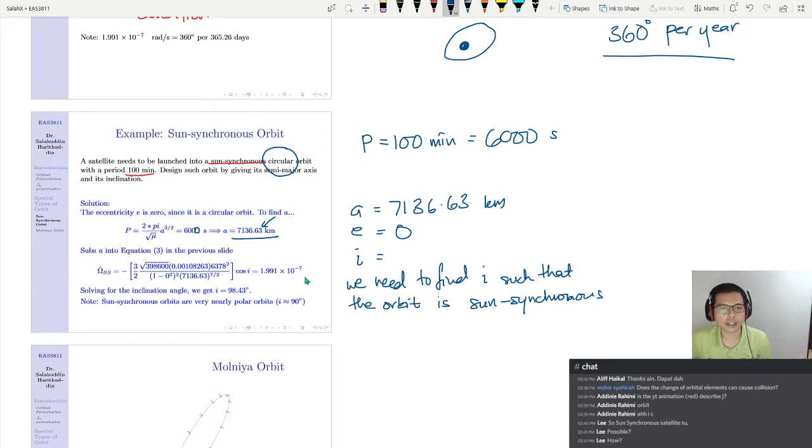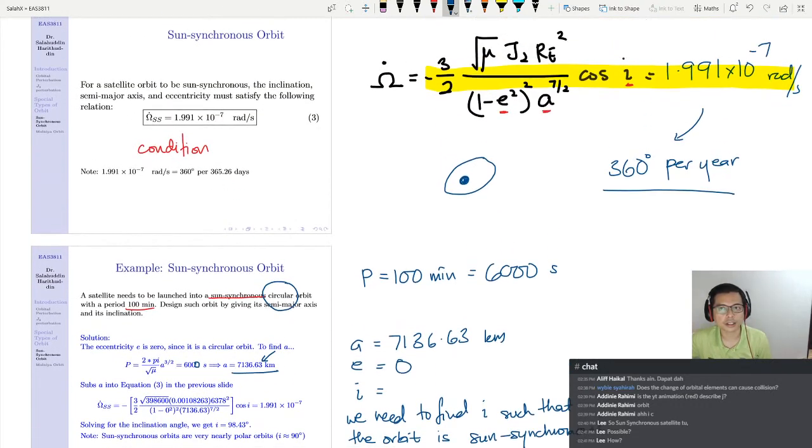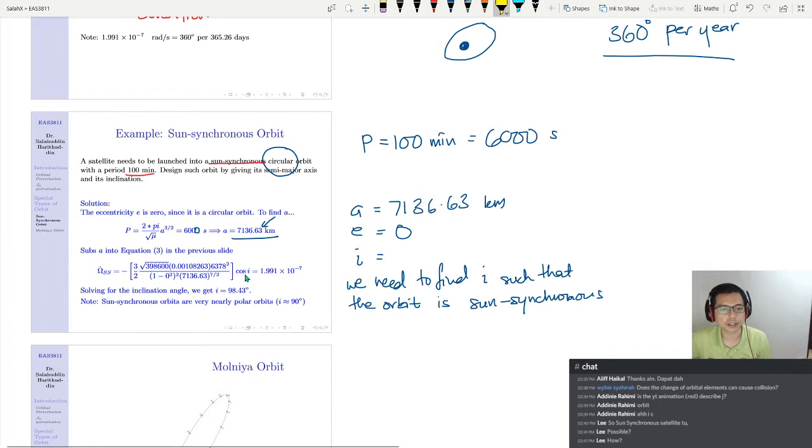Again, let's look at the condition before, what we have here, this one, right? Okay, so you put it down here, you key in all your known values, 398600, J2, and this is radius of Earth. You know that the eccentricity is 0, so the only thing that is unknown is I. Okay, and you need to equate that to this number here. This is the condition for sun-synchronous orbit. Solving for the inclination angle, you'll get I 98.43, which means if you need to have a satellite, a circular